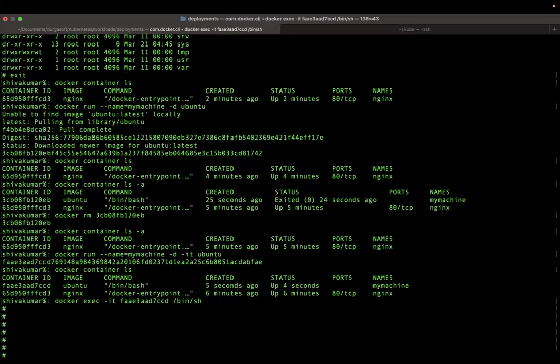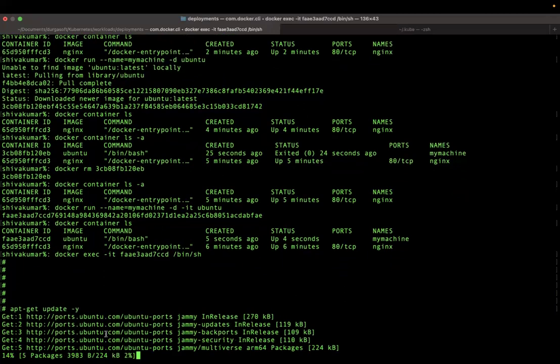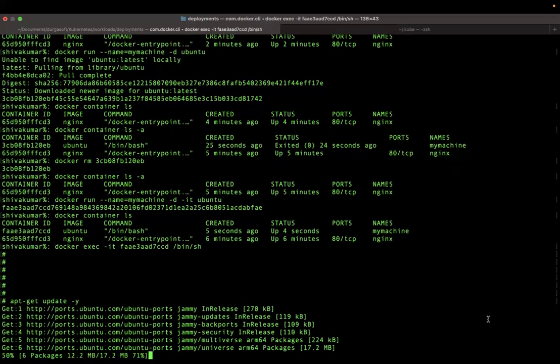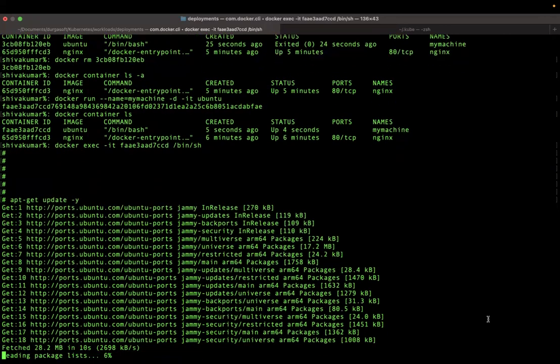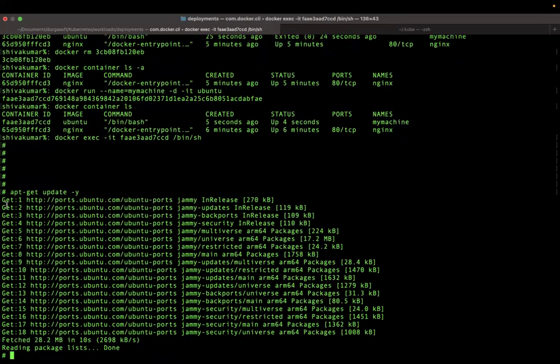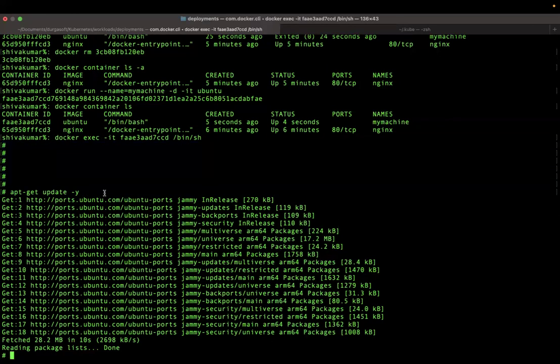Okay, now let me do apt-get update, updating the packages in the Ubuntu. This is the update -y command, confirming that one. That's an Ubuntu command used to update the packages. So let it update the packages. I am updating inside the container. Please observe, I am inside the container, because these are Ubuntu commands which will work in Ubuntu only. Now, if I just type git and press enter,